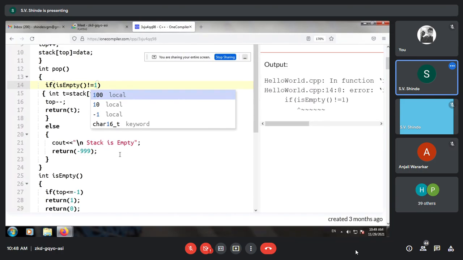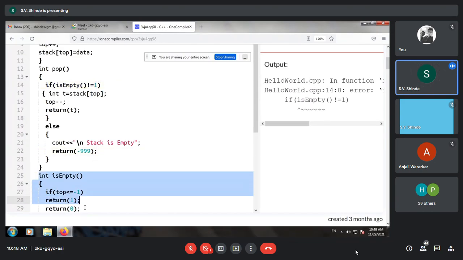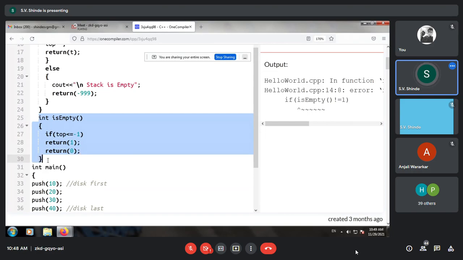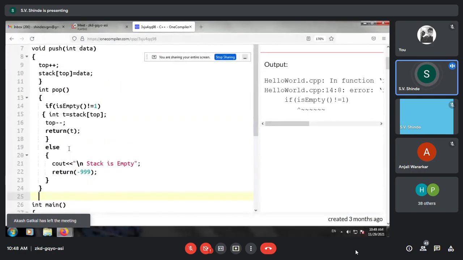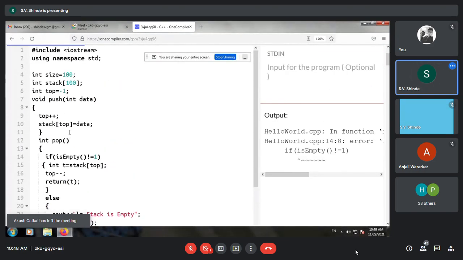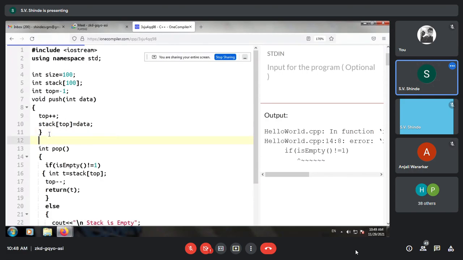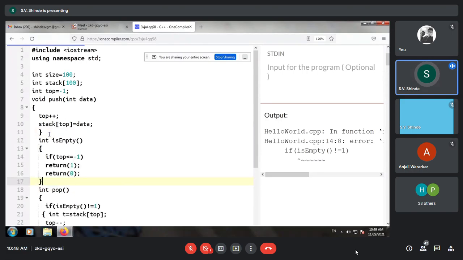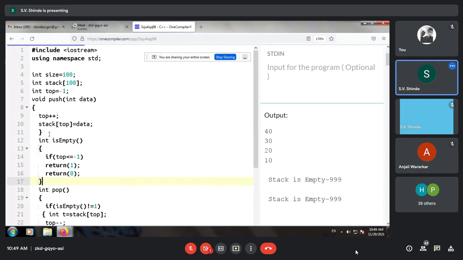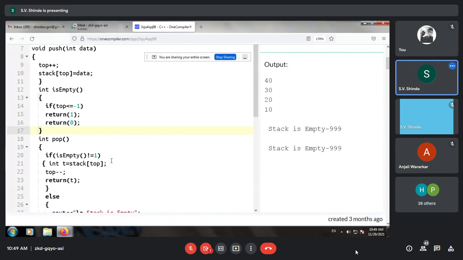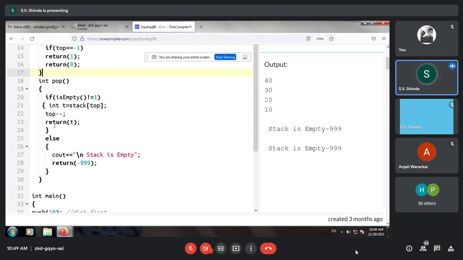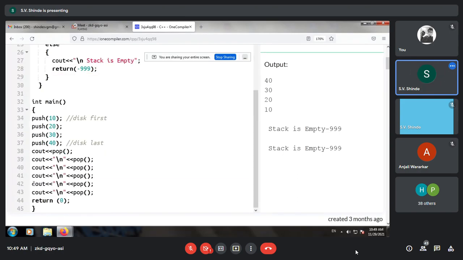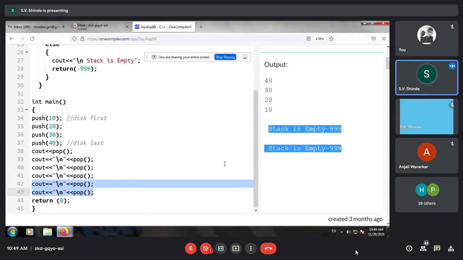Okay, so it says that isEmpty is not declared in the scope. It simply means that we have to take this isEmpty above the pop statement. So I'll put it above the pop statement and the error will be removed. You can see that we have used two pop statements, and we get that stack is empty twice. Everyone getting? Yes, participants?